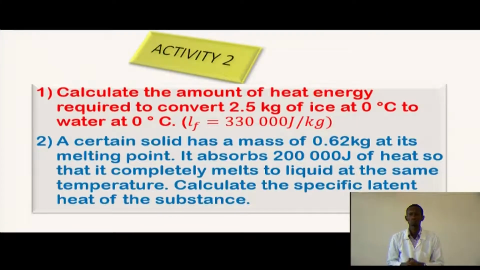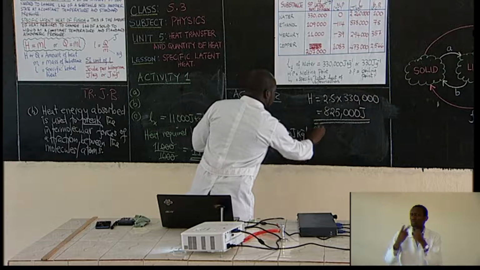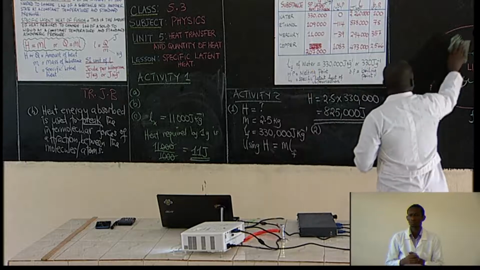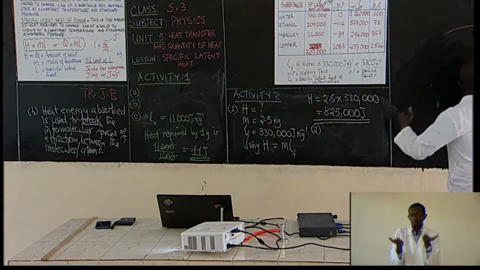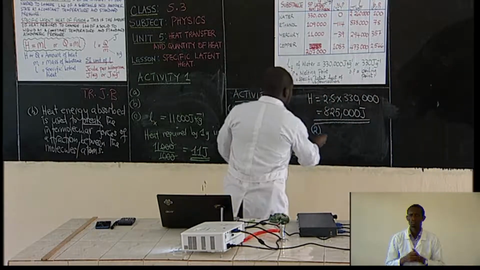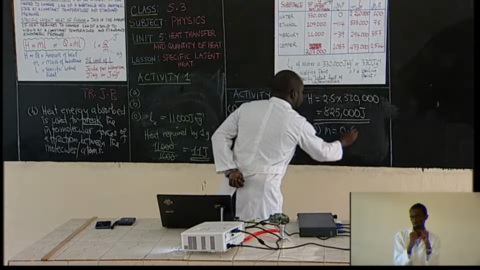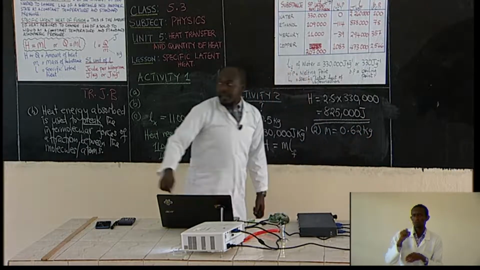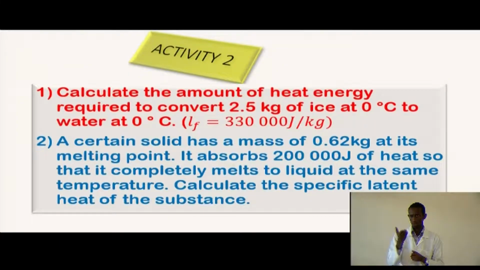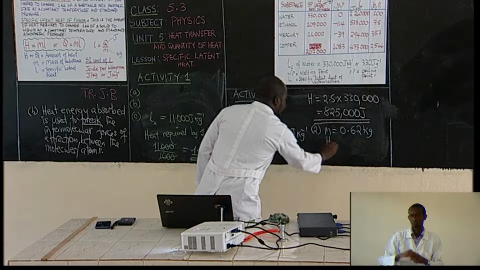A certain solid has a mass of 0.62 kilograms. So this is number 2. That's number 2. We have been given the mass of the solid. So the mass of the solid is 0.62 kilograms. Let's go ahead. At its melting point, it absorbs 200,000 joules of heat. So what does it mean? The amount of heat absorbed is